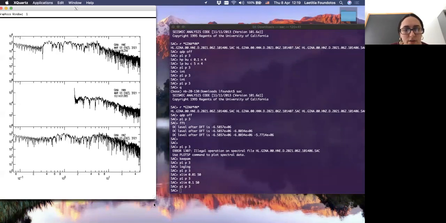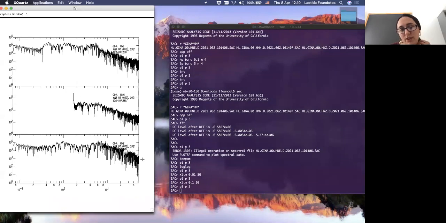Okay, so this is quite interesting to take a look at the seismograms in terms of spectrum. So here, this is the acceleration spectrum, because you have seen first when you have the seismogram, it looks beautiful, but in fact, when you put it in frequency, you can see that you have a gap here.